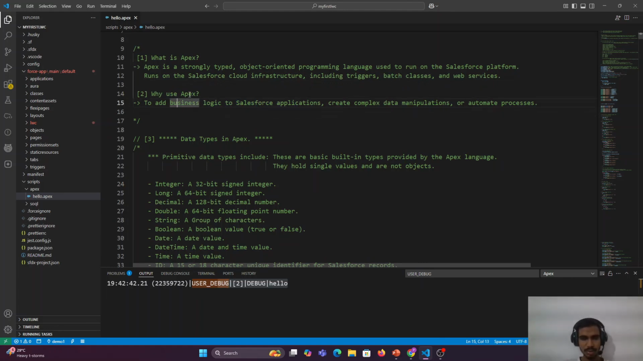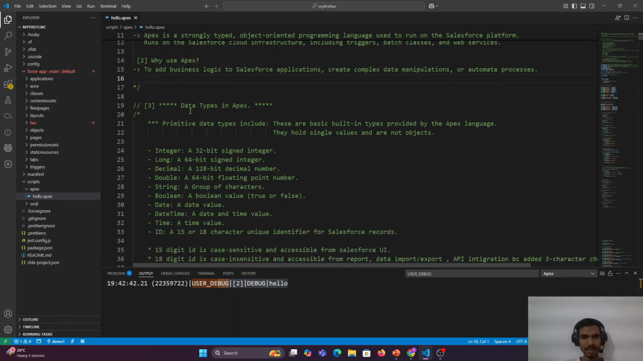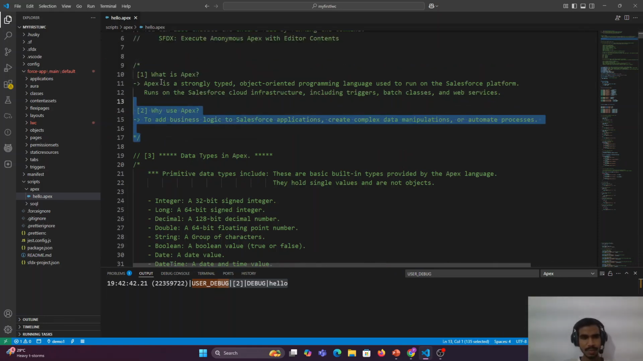So this is the use of Apex, and Apex runs on the backend side of Salesforce. It is a programming language that runs on the server side. So when you learn Salesforce, you have to write some code in Salesforce, so you have to use Apex. Now after that,